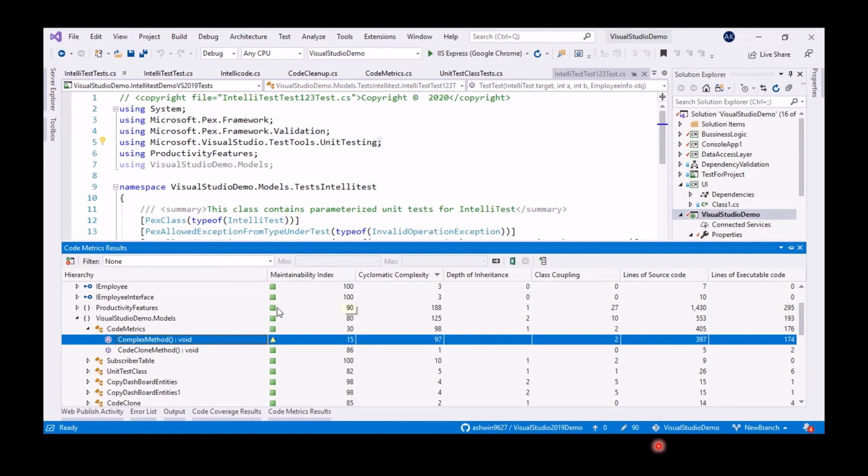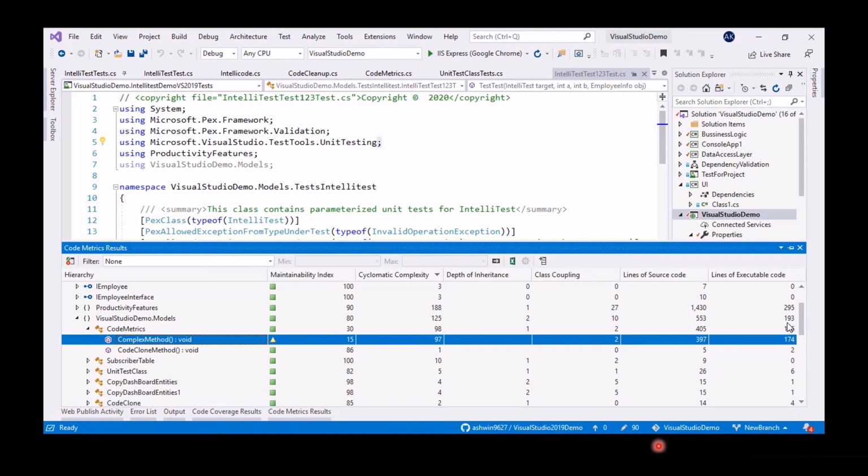And the maintainability index metric can be used as an overall quality indicator because it also takes cyclomatic complexity and other things into account. So if there is any complexity, it is also considered. So this will be the overall health indicator for the whole project.